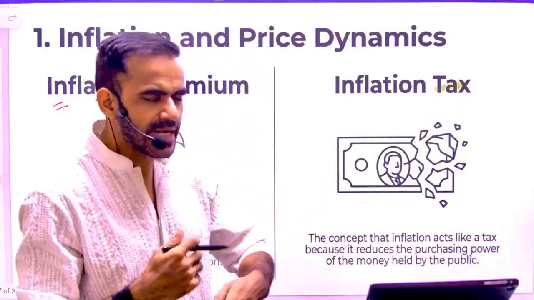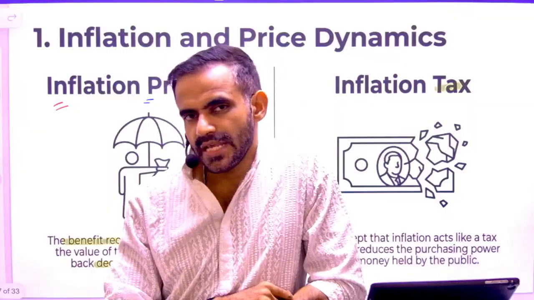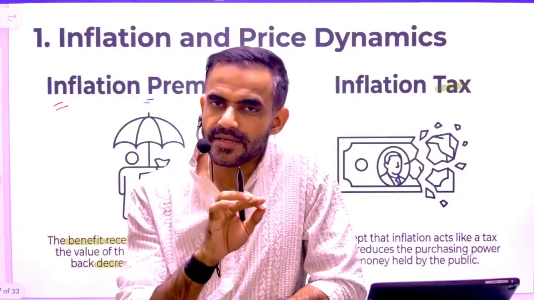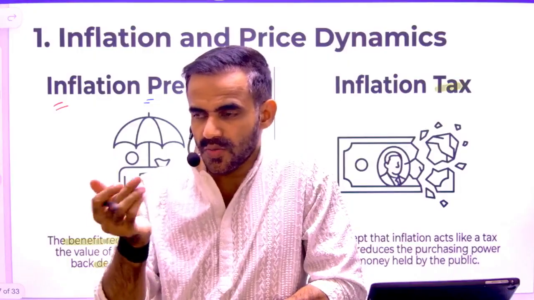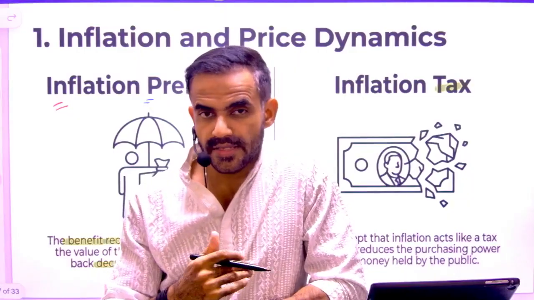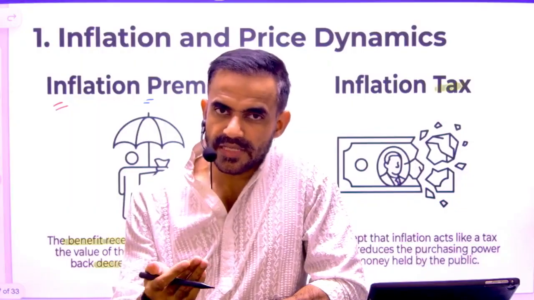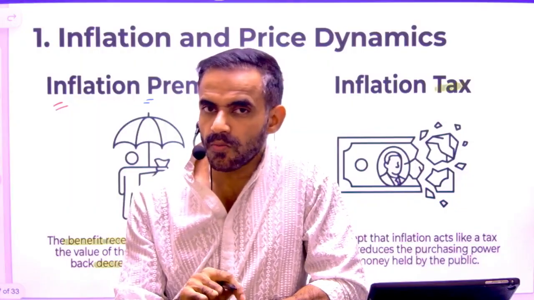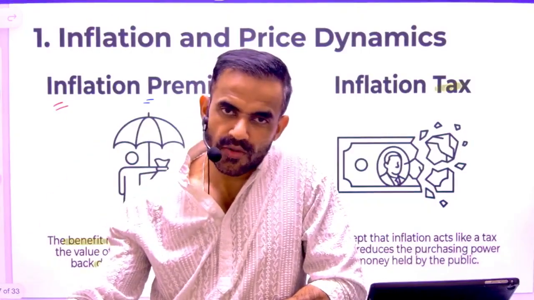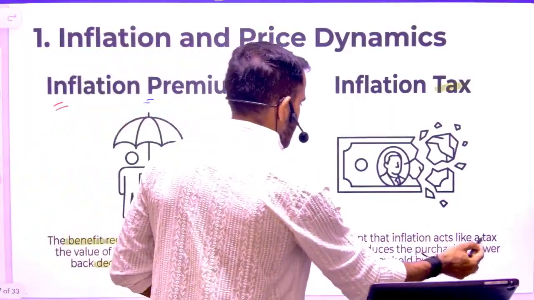In a very simple sense, when items are costly, we are able to buy less quantity in the same amount of money. So technically it appears as if the government has increased the tax, because the money is the same but the quantity is not the same. The quantity has gone down. Why? Because the price has increased. In this case, consumers, people like you and me, feel that even if they have the same amount of money, they are not able to buy the same quantity of items. So we feel that we are paying more and more taxation to the government, and that is referred to as inflation tax. So basically inflation acts as a tax.